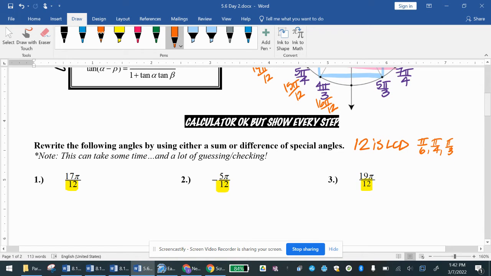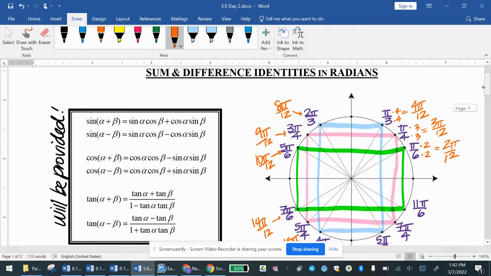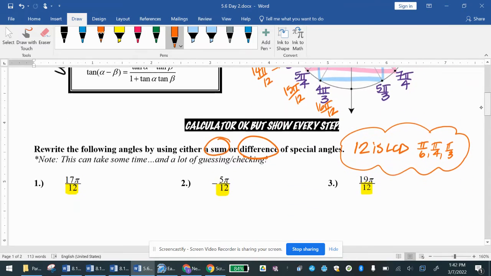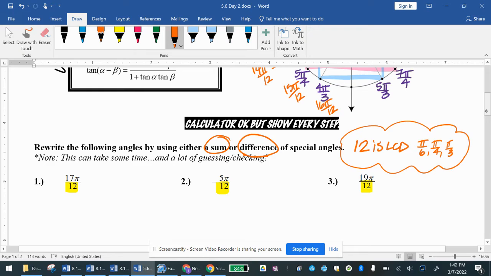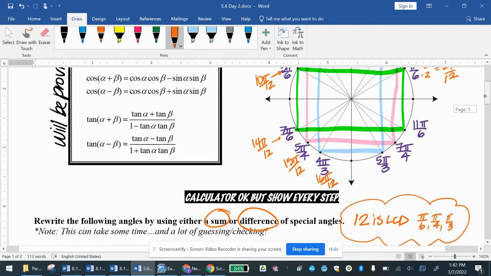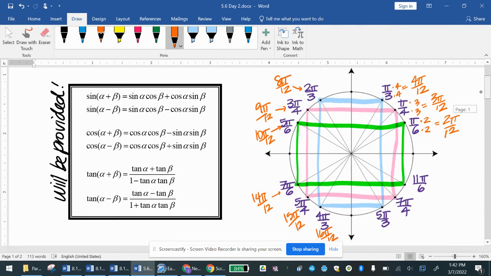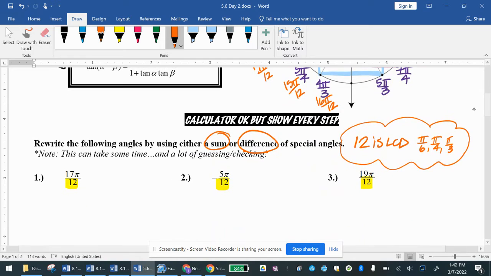Okay, so we need to create either a sum or difference of special angles. So again, all of the ones that are related to pi over 6, pi over 4, and pi over 3. Remember that we changed them all to denominators of 12. So take a minute to look at all the new angles that we converted to 12s and come up with